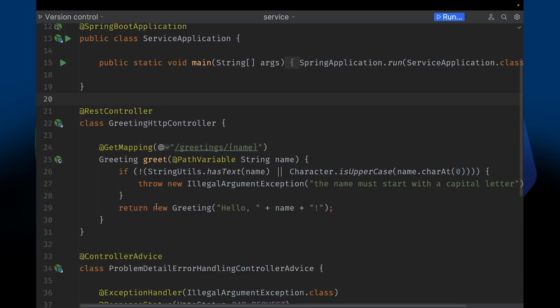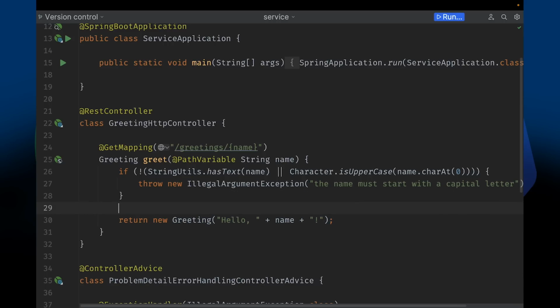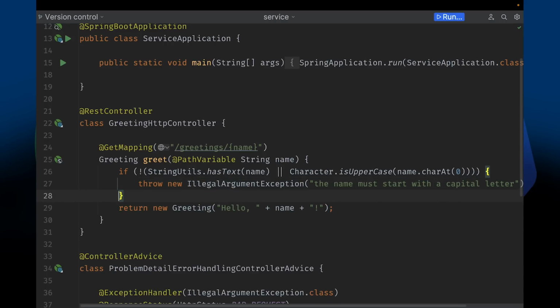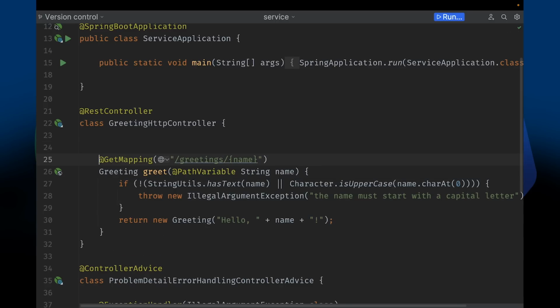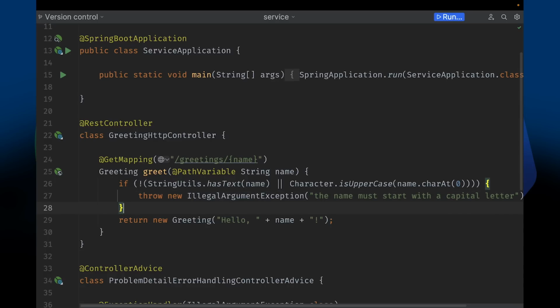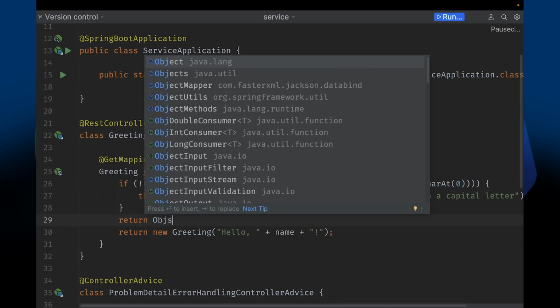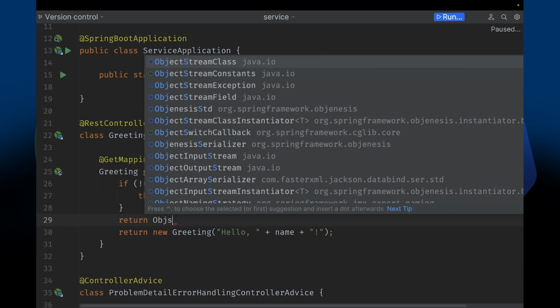So, for example, here I'm returning a greeting. Obviously, this is just an in-memory thing where I'm creating a reference on the spot, so there's not really any latency or any risk there. But let's suppose that I was doing some sort of database logic or something like that. Here, I could instrument one of two ways. One is I could say @Observed. This is the io.micrometer observation annotation, and that's fine. But I quite like this new static builder. So, Observation,